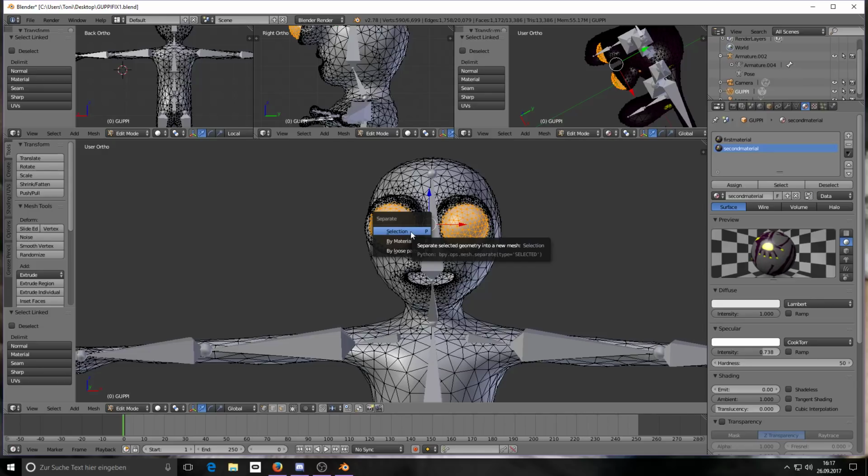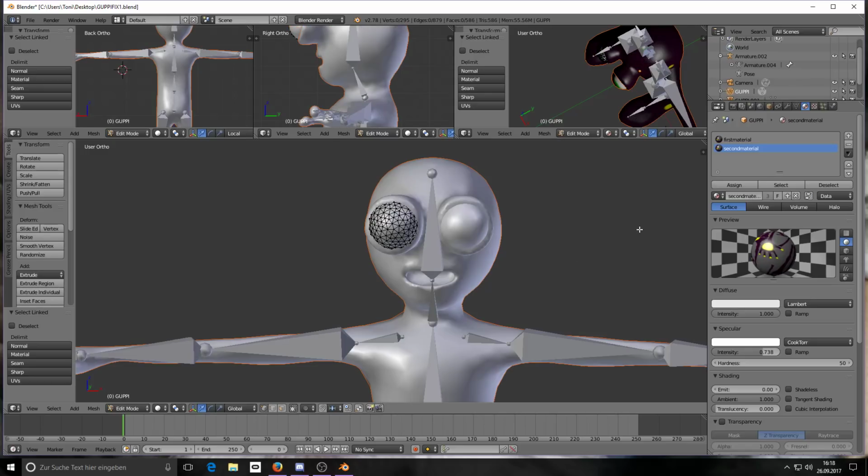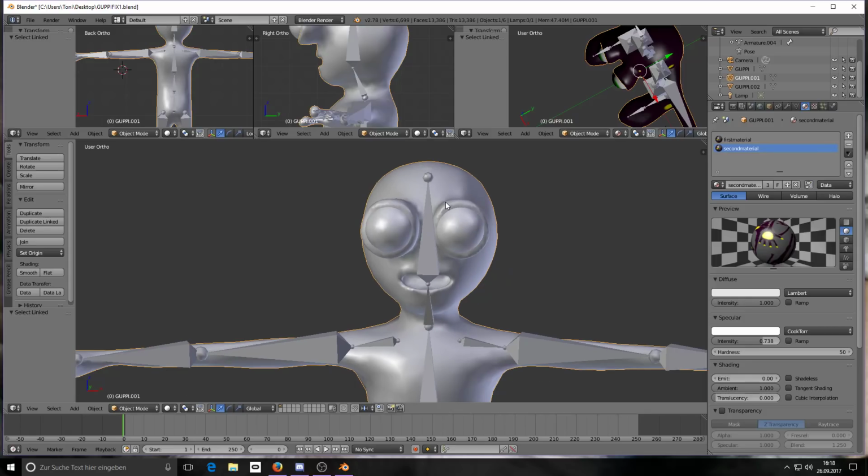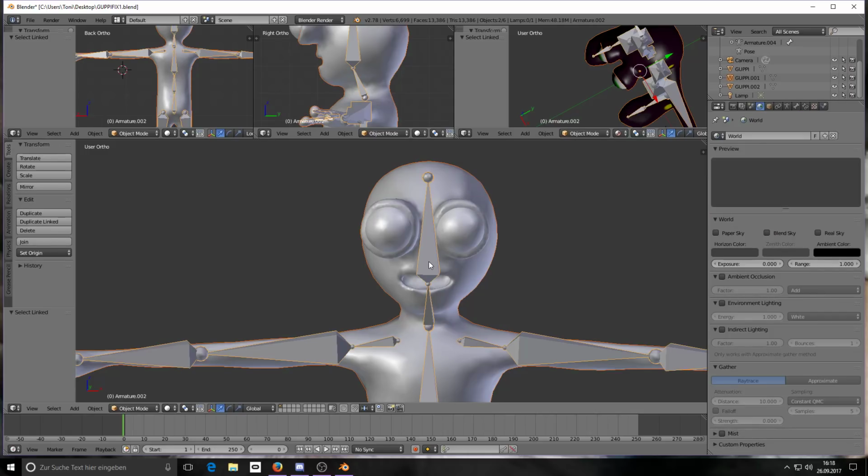If you want to divide the selection, just select from the thing that appears, then just do it again. Press P by loose parts, and now you see we have the two eyes separated here. And this is pretty important for our purpose. Okay, so we select the main mesh, and shift select the armature, Ctrl P with automatic weights, and